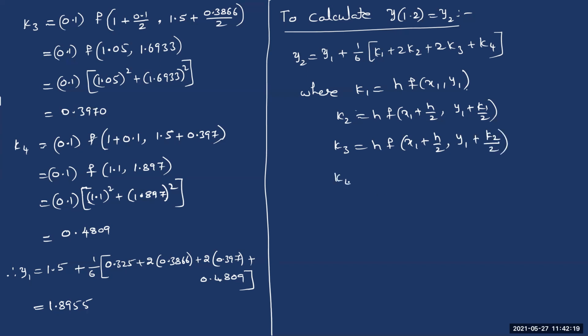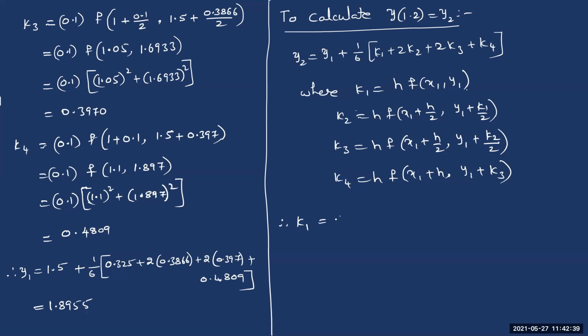Then K4 is equal to H into F of X1 plus H and Y1 plus K3. Right, so they are the values. Now let me calculate these four values in the case of Y2. So if you calculate first K1